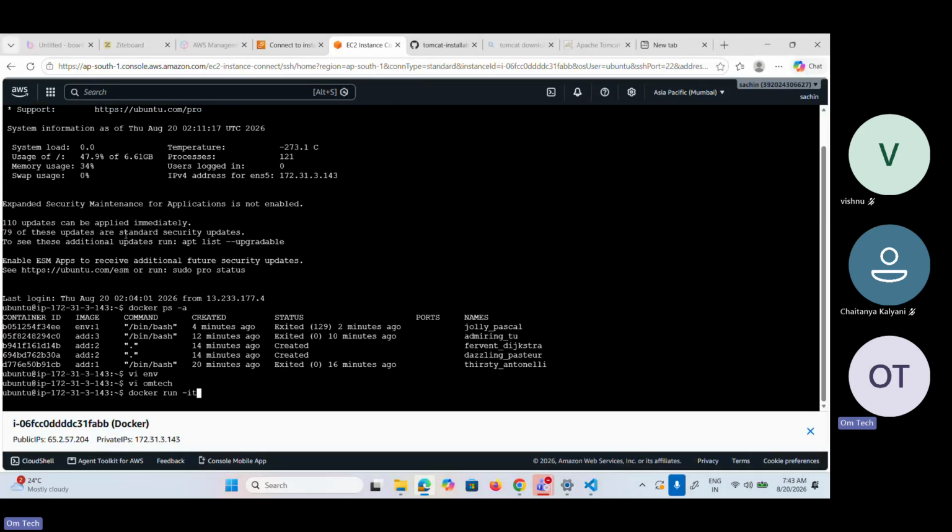While running the image, you need to give --env-file, and the file name needs to be given, and then your image name. That is your image name. If you give it like this,